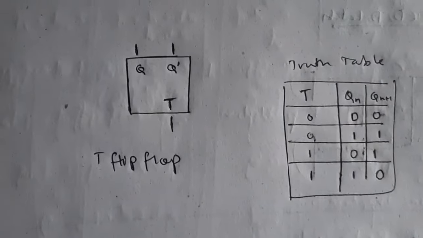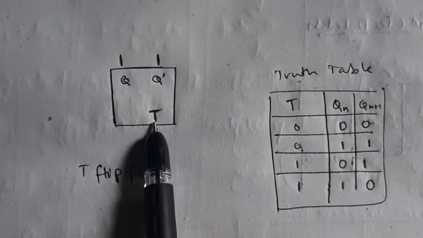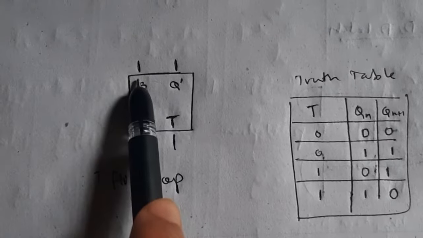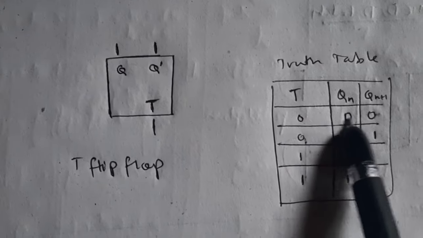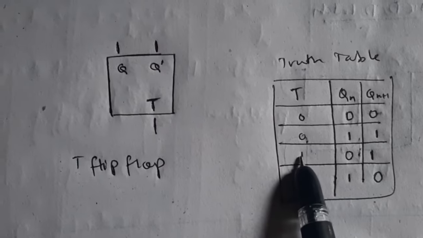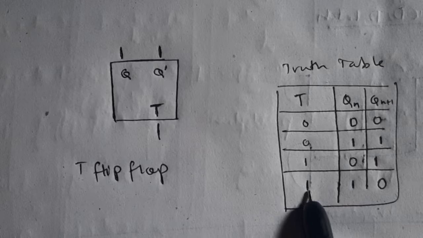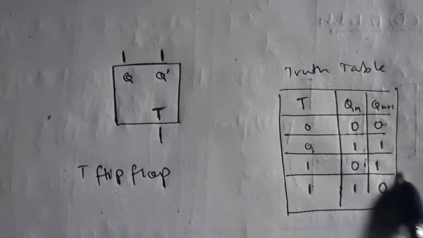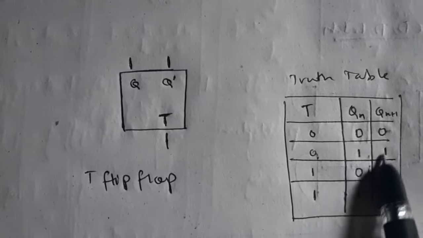Alright, now the T flip flop means toggle flip flop. Whatever the value of T, if it is 1, Q will get changed. If it is 0, no changes will be there. See the truth table: T is 0 here, so Q will remain the same. If T is 0 and Q is 1, it will remain 1. Now if T is 1 and Q is 0, it will become 1. If T is 1 and Q is 1, it will change the value. See, changes are happening here. If T is 1, changes will happen, and if T is 0, whatever the value was there will remain the same.